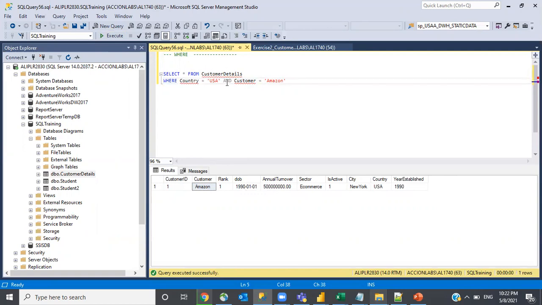In the same way, if you don't have a mandatory condition between these, let's consider some scenario like you are not having